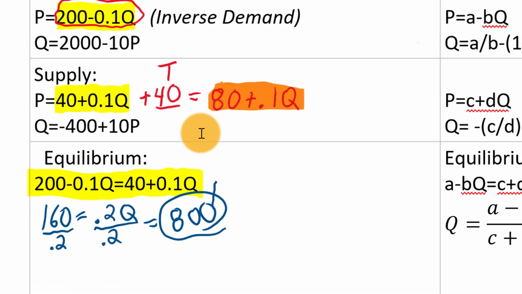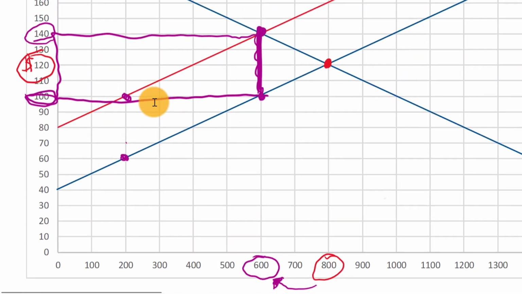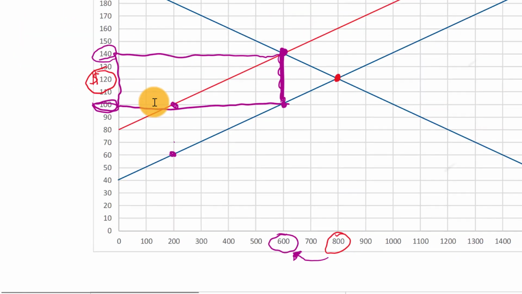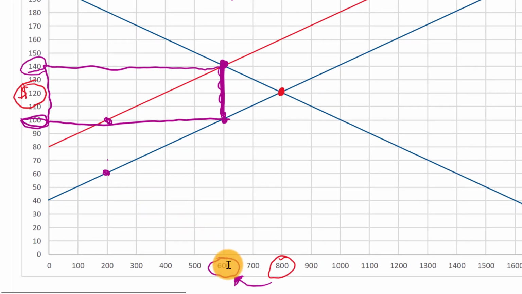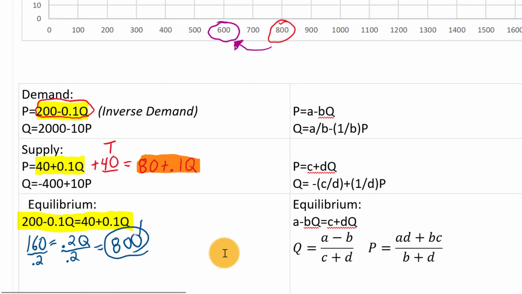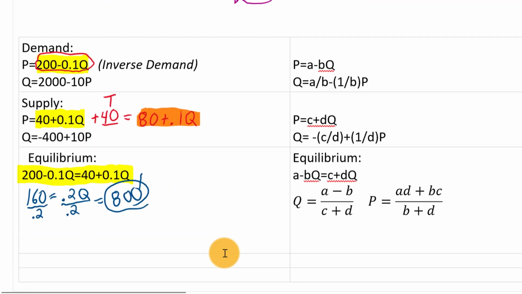And then, of course, we're going to get the same answer that we did in the graph, which is that the equilibrium quantity now with the tax is only going to be 600. And then we could plug it back into any of the other equations, and depending on which equation we plug it into, whether we plug it into this demand curve or this old supply curve without the tax or this one with the tax, we're going to get one of those two different prices that I was telling you about.